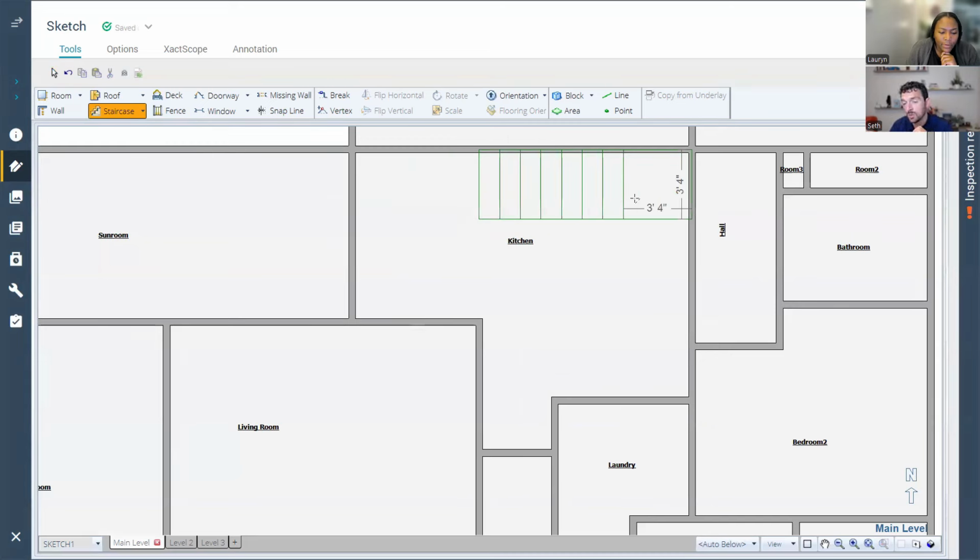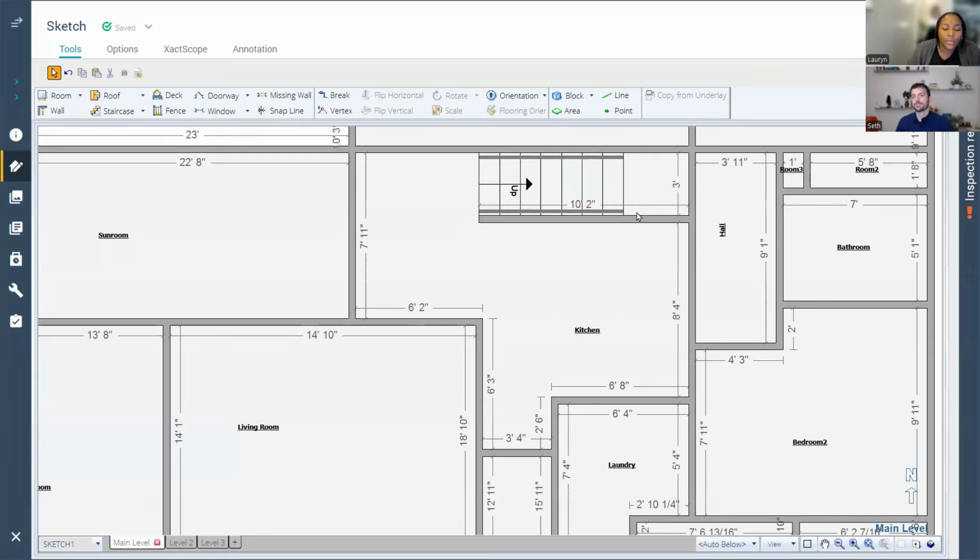And then it gives you an option for a landing. To set that landing, click again. And then you don't need to build anything else, so you can just hit escape. And we've got the stairs then. That looks great. So for this staircase, we'll need to do a couple of other adjustments, but let's start by